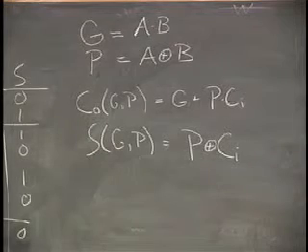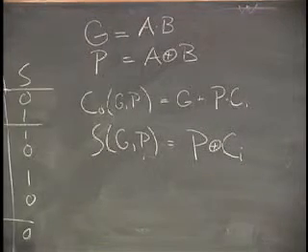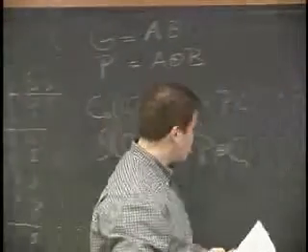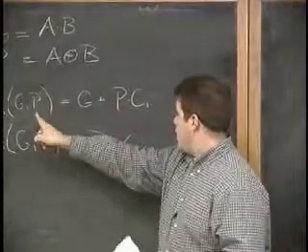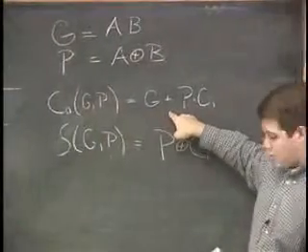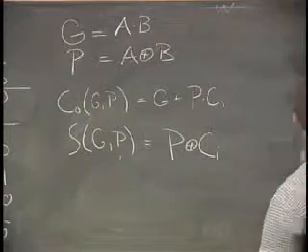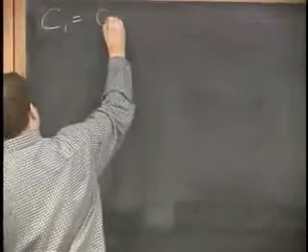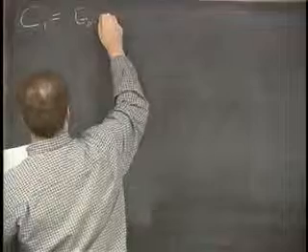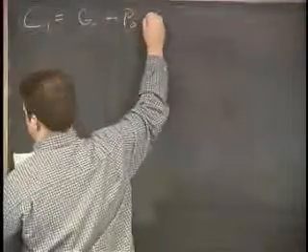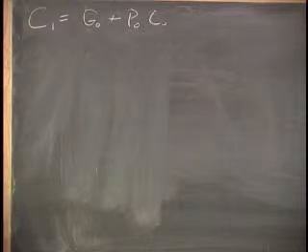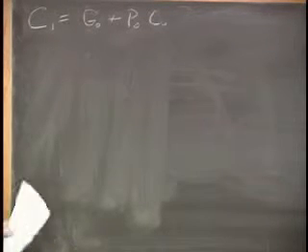Now, you may say, well, great, we've defined these functions, but they represent the same thing. What good have we done? Here's where the interesting part comes in. So we have our carry out. So let's write our first carry out, C1. It equals generate 0 or P0 C0, right? So what this basically says is that when we're looking at a multi-bit adder, and we're going to calculate